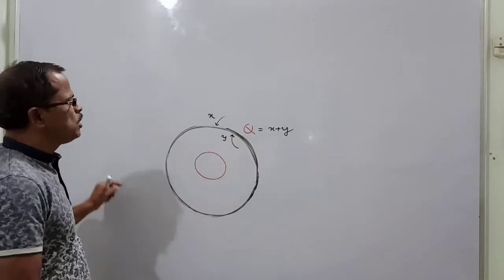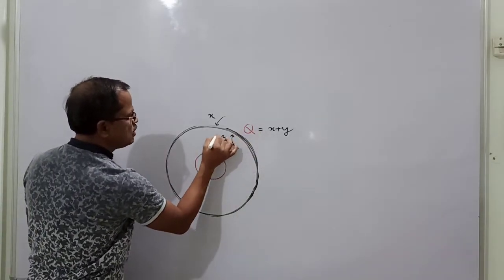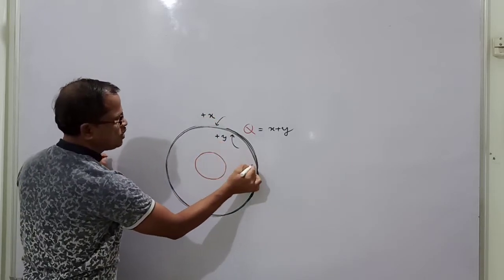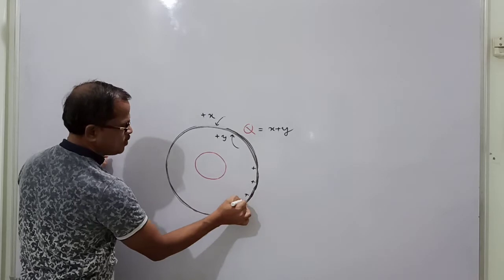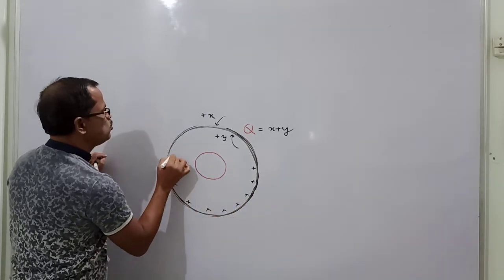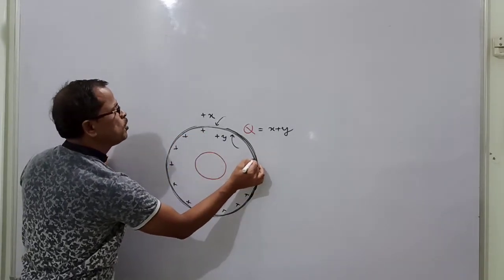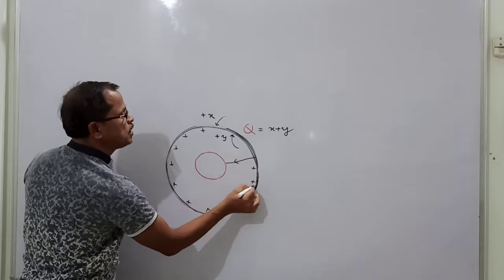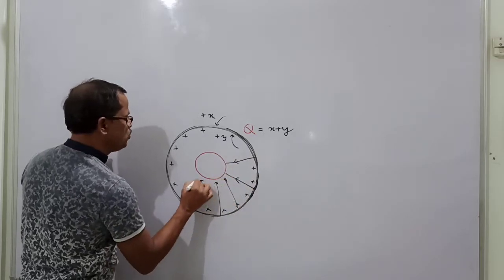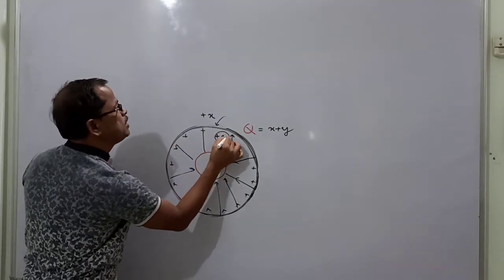That is q. Due to this charge y, let's say this is positive, and this is also positive. If some charge is present on the inner surface of the sphere, then automatically the charge will produce its own lines of force. The electric lines of force will be produced from the outer sphere to the inner sphere, because charges are present. How much charge is present? Now y charge is present.